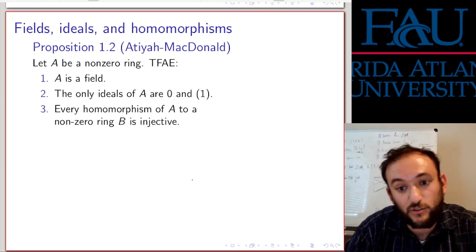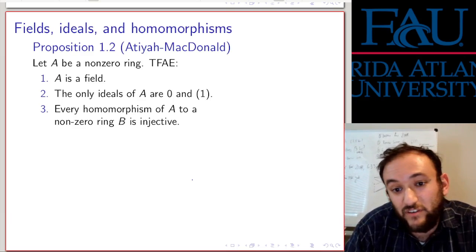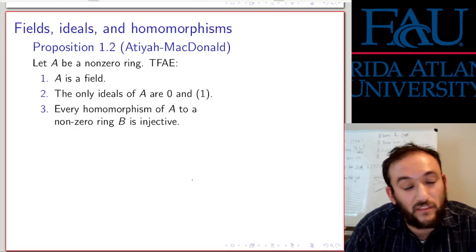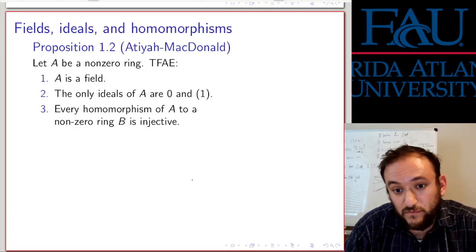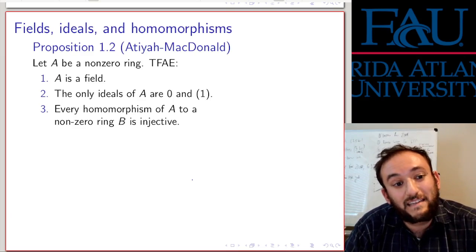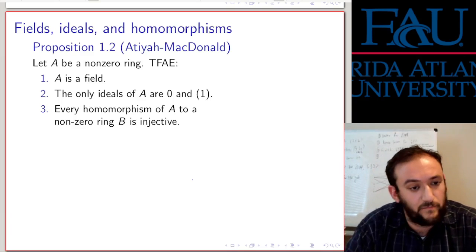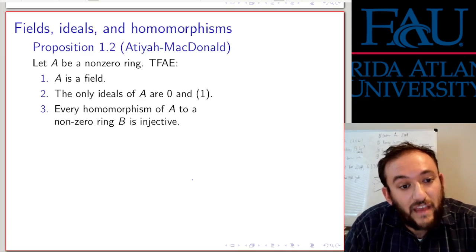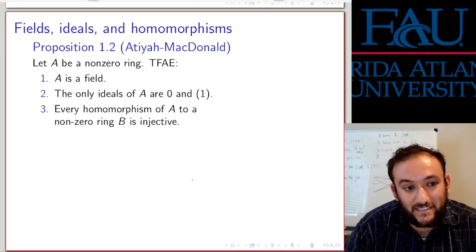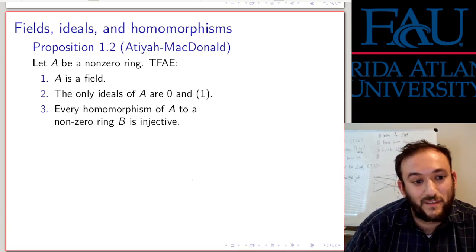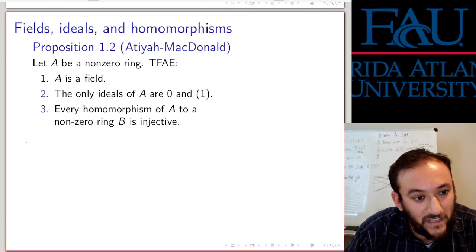And we'll conclude this lecture with proposition 1.2 in Atiyah-Macdonald. If you have a non-zero ring A, then the following are equivalent. First, A is a field. Second, the only ideals of A are 0 and 1, where 1 generates the whole ring. And third, every homomorphism of A to a non-zero ring B is injective. Okay? So in terms of how these are all related, so for 1 and 2,